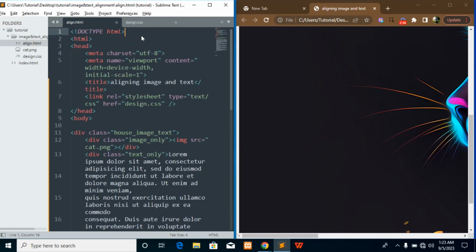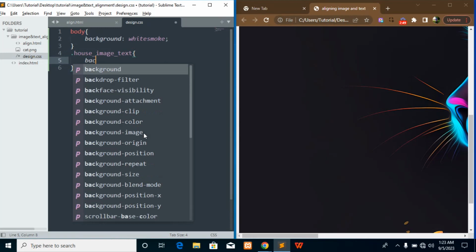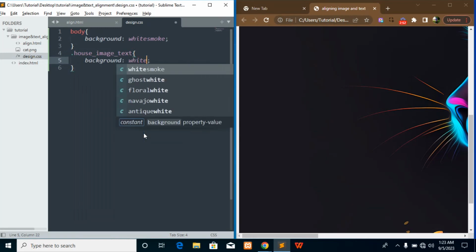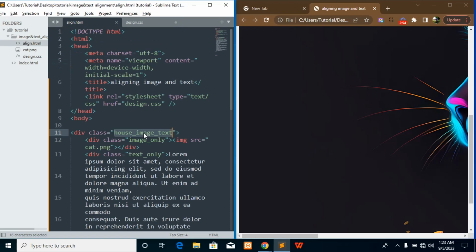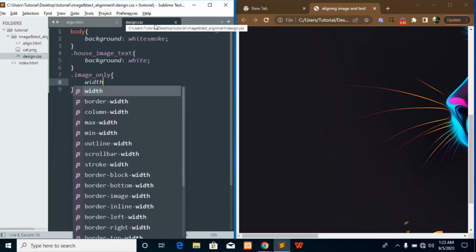The next one, my house_image_text. I want to give a white background. Then image only. I want to limit its width to, let me just say 45%.